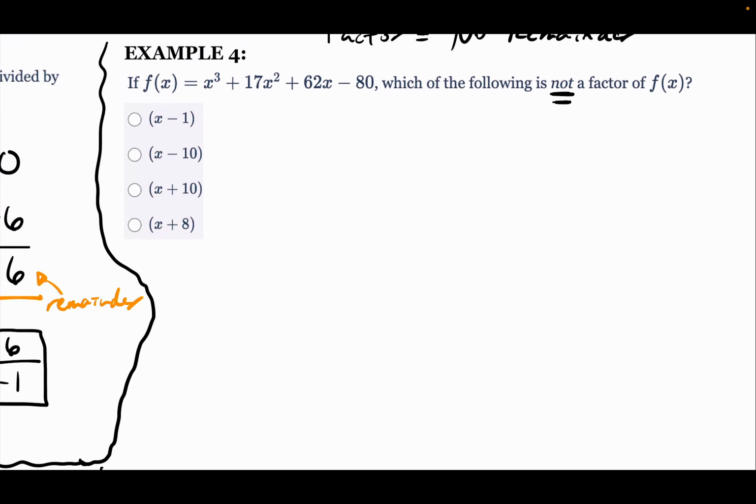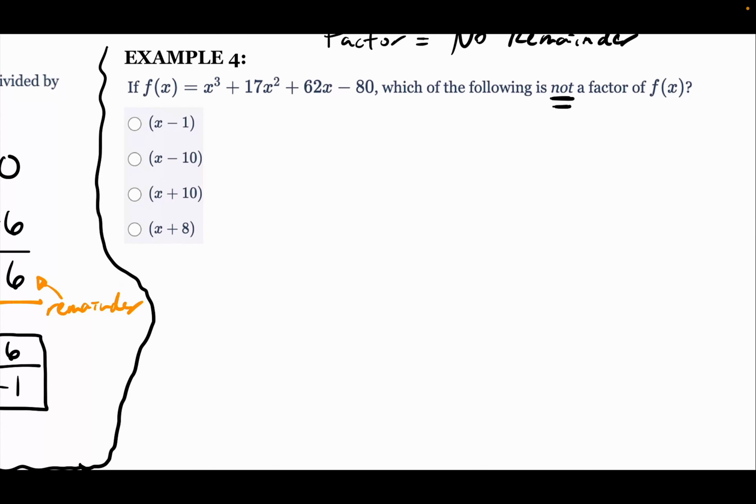Okay? So let's start with the first one. This is my divisor. Oh, wait, so we have to do all of them? Not necessarily all of them. We just have to go until we get an answer. Hopefully we don't have to go to the end. Hopefully we can figure this out pretty quickly. Okay? All right, so I'm going to check this guy. So when I divide the green into the yellow,